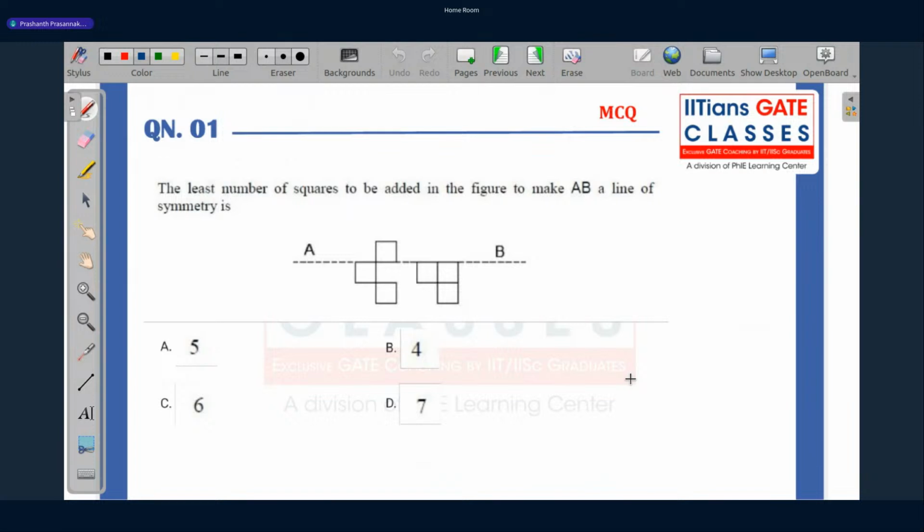The first question reads: the least number of squares to be added in the figure to make AB a line of symmetry is. So in order to solve this, let's simply make a copy of the given diagram along the line of symmetry. So if I do it,